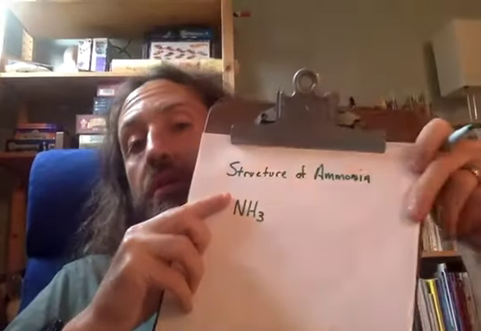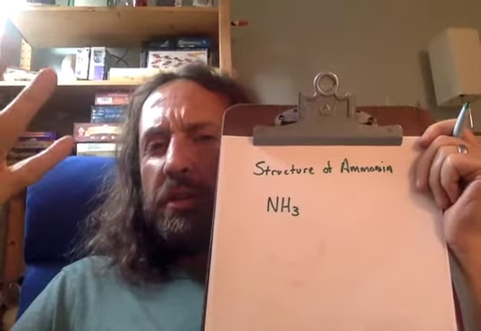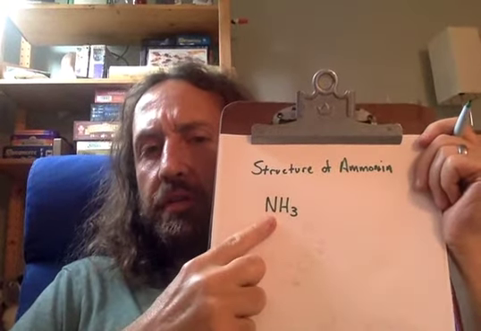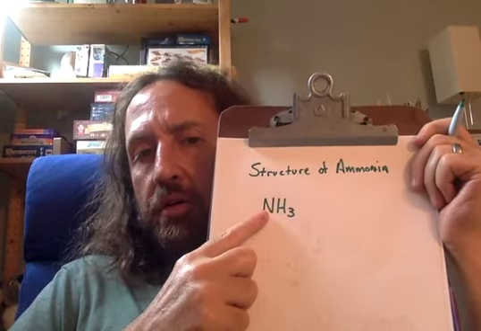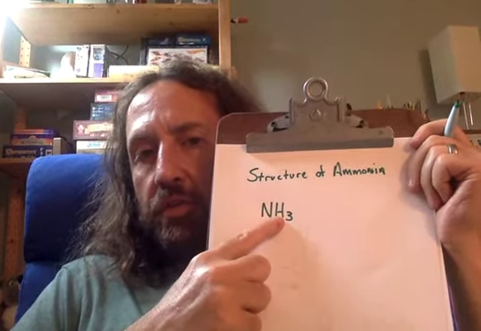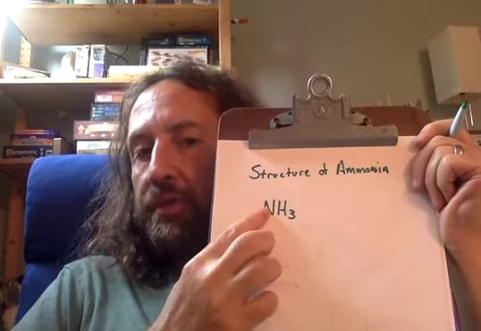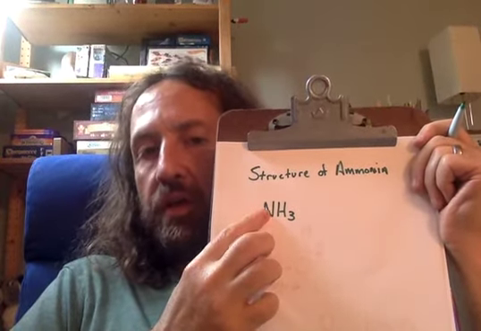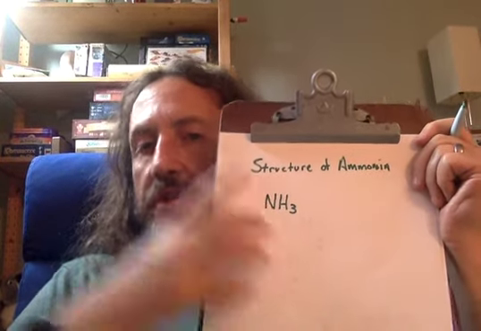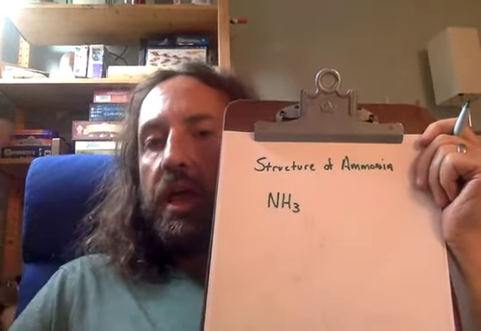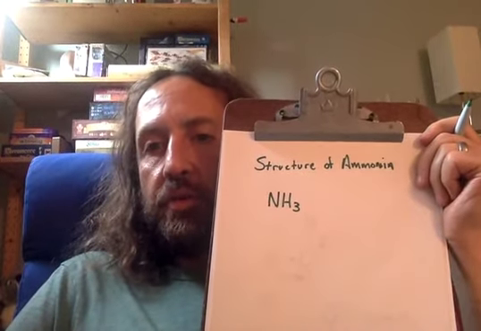So I thought we would continue our discussion of covalent bonding by doing another kind of easy one. Okay, so this is ammonia, and ammonia is made up of one nitrogen and three hydrogens. Okay, so you can guess how many bonds nitrogen wants to have. So let's do an electron configuration for nitrogen. Let's talk a little bit about nitrogen, and then that'll help us figure out why this is going to be